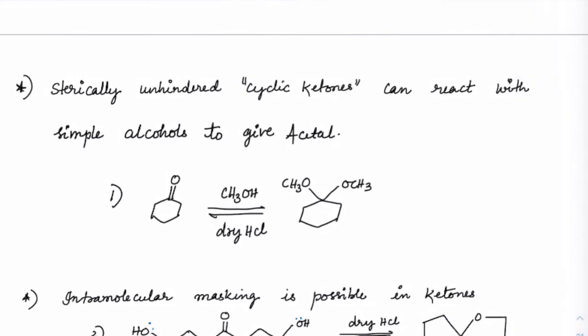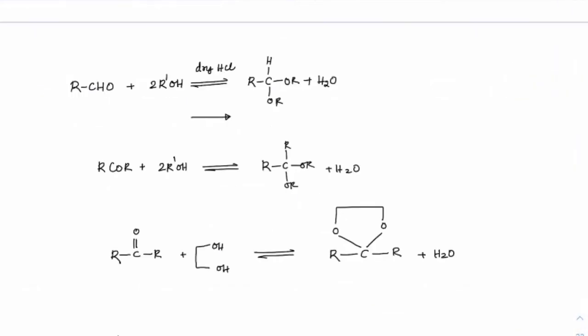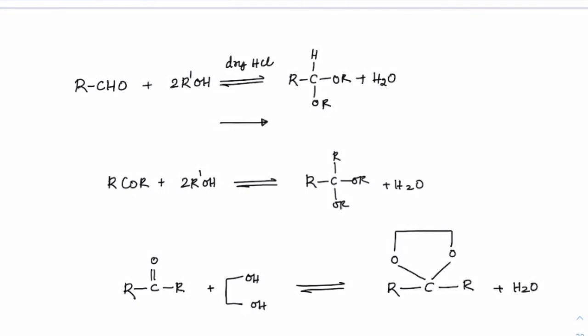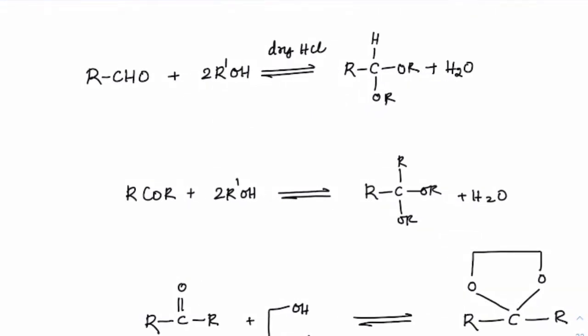Okay, let me just come to the thermodynamic part of it. That should explain it better. One minute, I'll come back to that. Just check this once and we'll go back to the same topic. When we are trying to make an acetal, suppose you have an aldehyde and we are taking 2 moles of alcohol to form an acetal, and H2O will come out of it, correct? Now how many molecules do we have here? We have 3 molecules here, and here we have two molecules forming in the products.